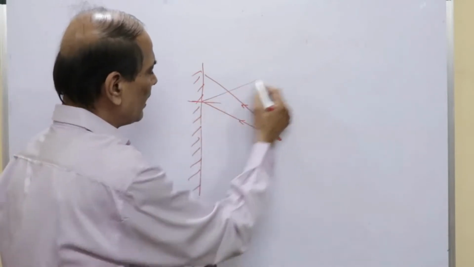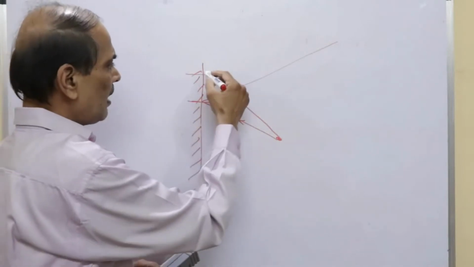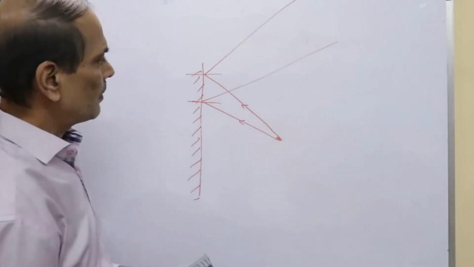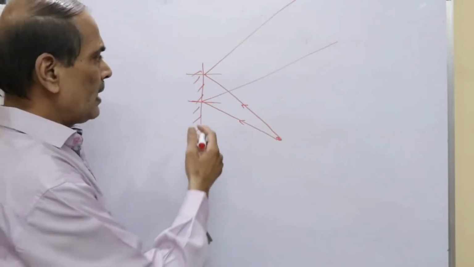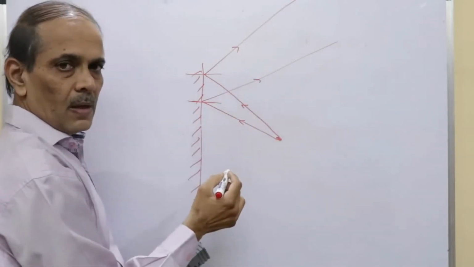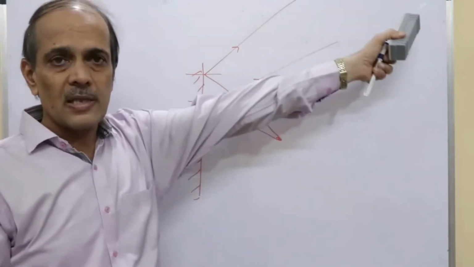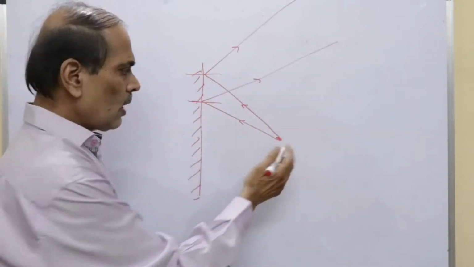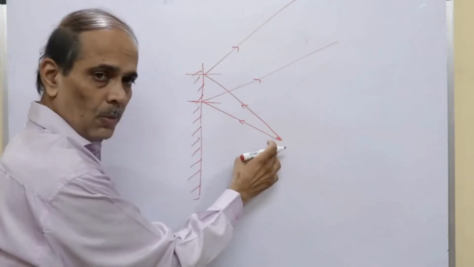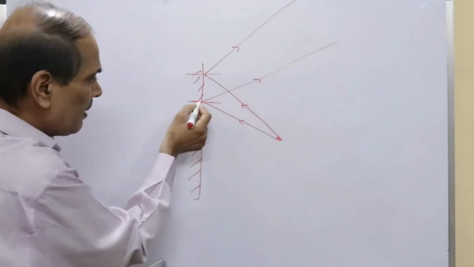Say this is a normal here. This ray will get reflected like this. Again I'll draw a normal here. This ray will get reflected like this. Now the two rays are reflected this way. They will never come out together and they'll not create an image on this side. So what happens? Your eye, you are seeing from this side, looks at this object as if these rays which are reflected are extended behind the mirror.